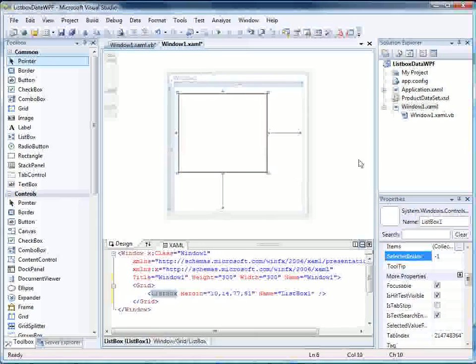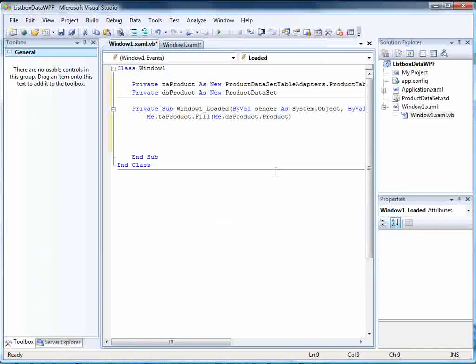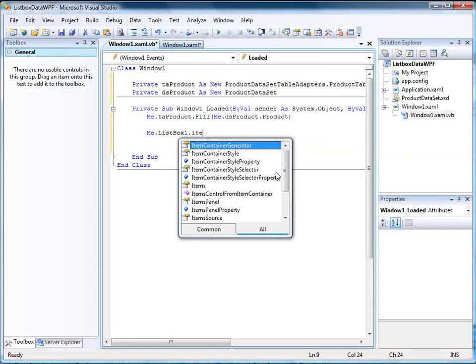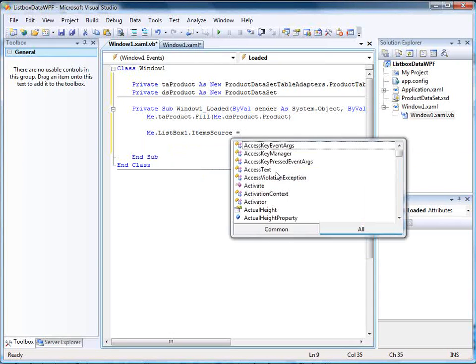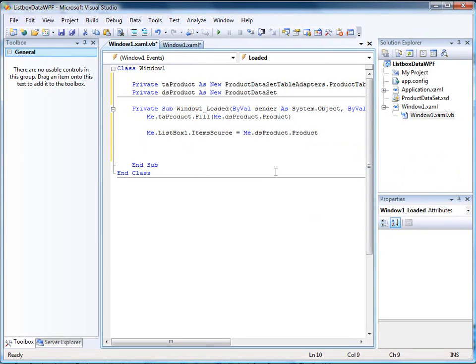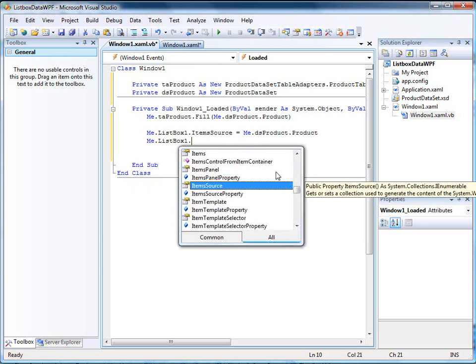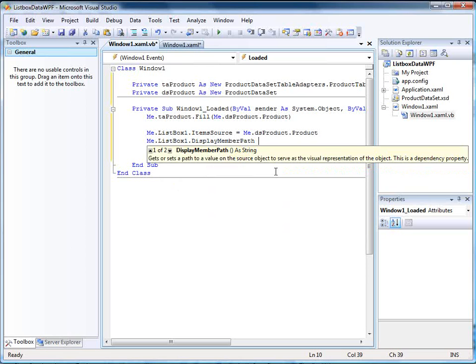So the first way we can do this is in code. So I'm going to go ahead and go back to our code behind here, and I'm just going to set the list box item source equal to me.dsProduct.products. That's the product table. Now when we do that, it'll just list basically the data rows that are inside of our product table. We should specify to the list box what we want to display on the row, what column we want to display. And we can do that by saying listbox1.DisplayMemberPath